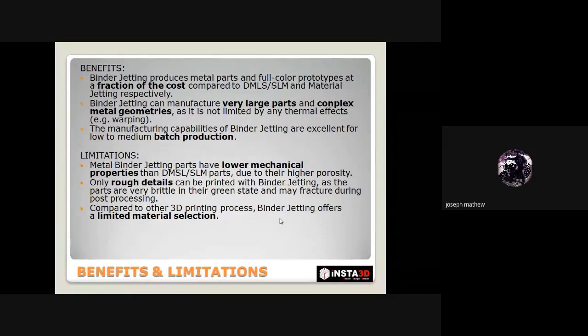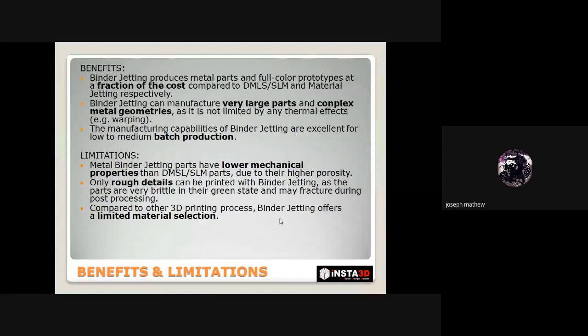So the limitations are, it has lower mechanical properties. An unsintered or uninfiltrated part, which is the output of the binder jetting 3D printer, will have lower mechanical properties. When compared to DMLS or SLM parts, it has much lower mechanical properties. So we should be enhancing the mechanical properties using sintering or infiltration techniques when the product is taken out of a